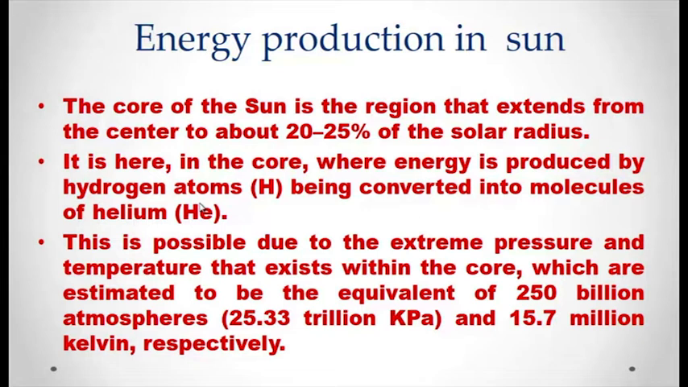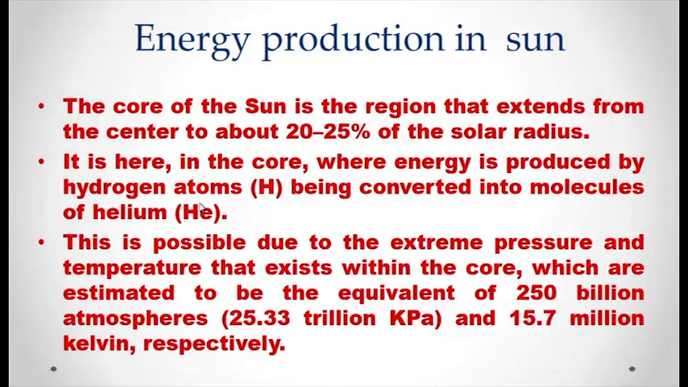These hydrogen atoms are being converted into helium. You know, hydrogen has only one electron, helium has two electrons. This conversion of hydrogen into helium is possible due to the extreme pressure and temperature that exist within the core of the sun. This extreme pressure is estimated to be equivalent to 250 billion atmospheres, that is